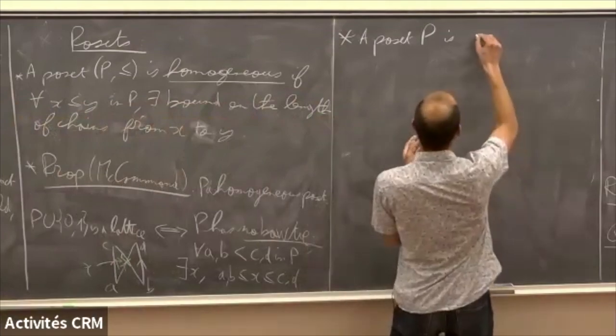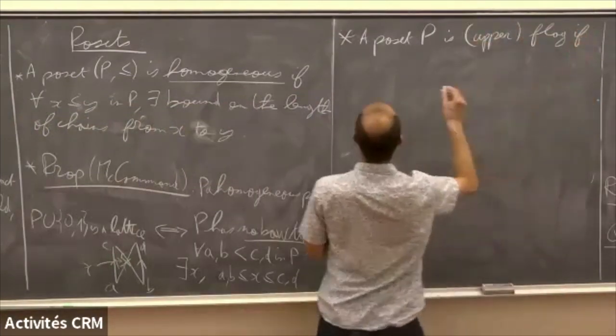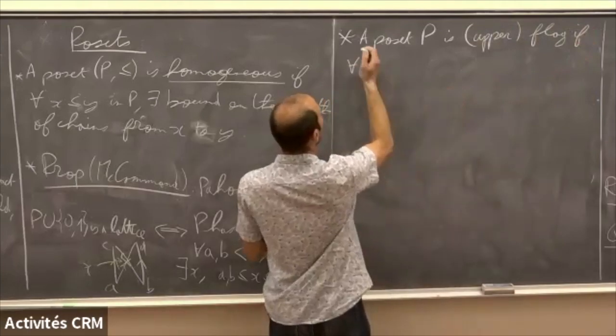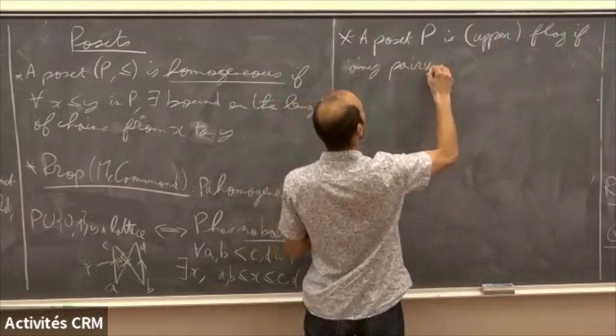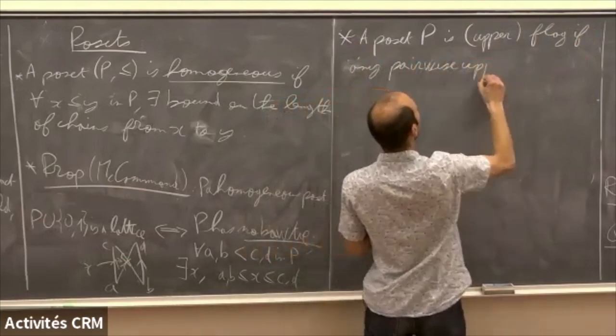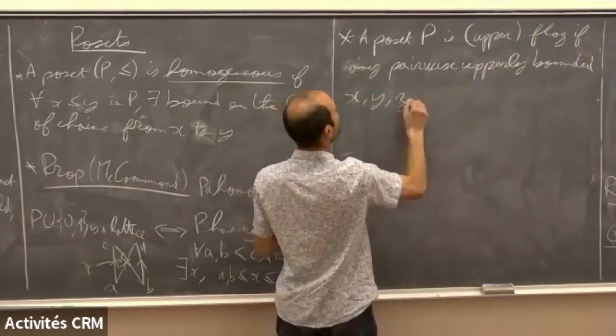So a poset P is a flag poset if any pairwise X, Y